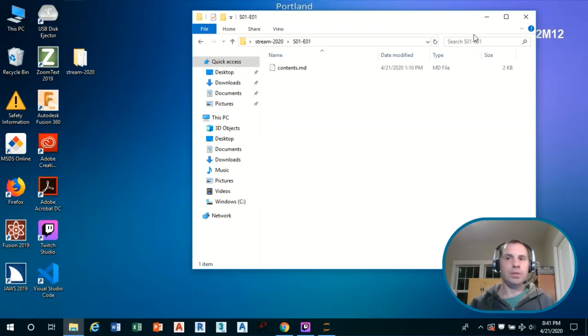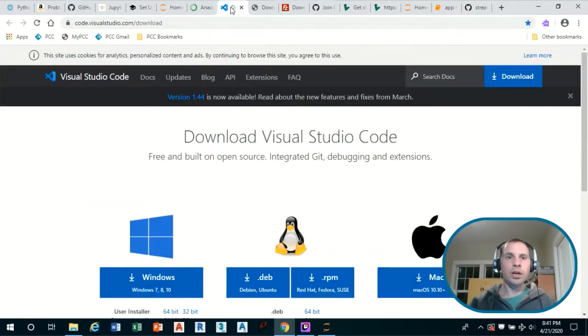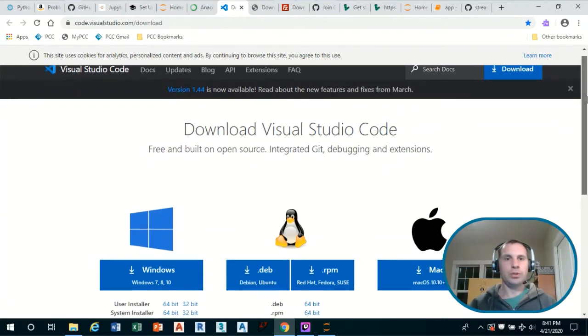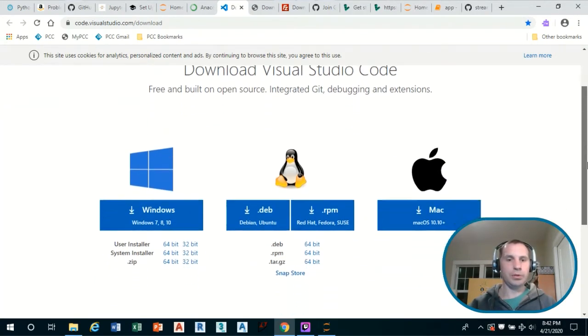So besides having Python locally installed on your machine, I also recommend for writing and editing code to use Visual Studio Code. Visual Studio Code is a code editor, and it's created by Microsoft.